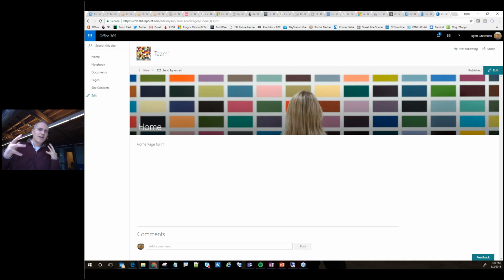There's a lot of anxiety that people have about this new modern look. They say, oh, I've got all these classic sites, how do I convert them? Is this going to be a migration effort? Do I need to get ShareGate involved and get a tool to do this? The answer is no. Within a couple of quick little steps, you can make a new page and set that as the default. The new page will default as a modern, and then you can appreciate the classic stuff and also the modern. So just like people appreciate different styles of houses and skiing, you can do that same appreciation here